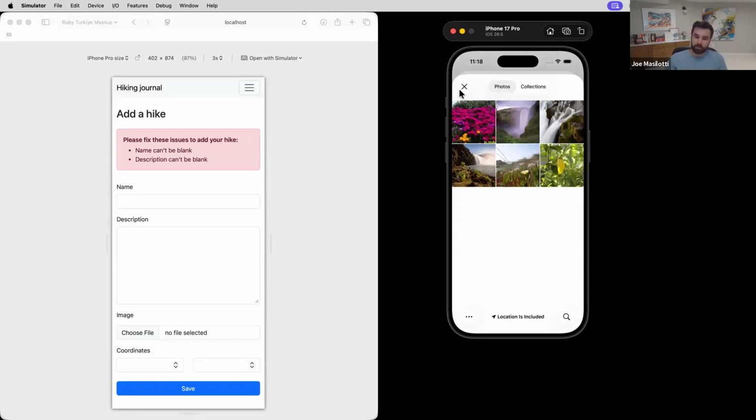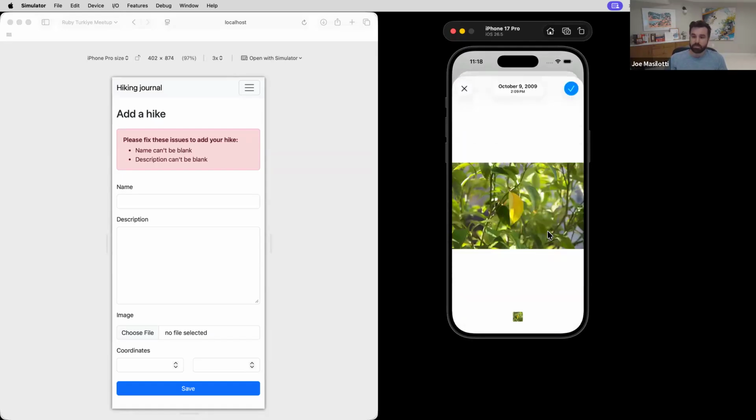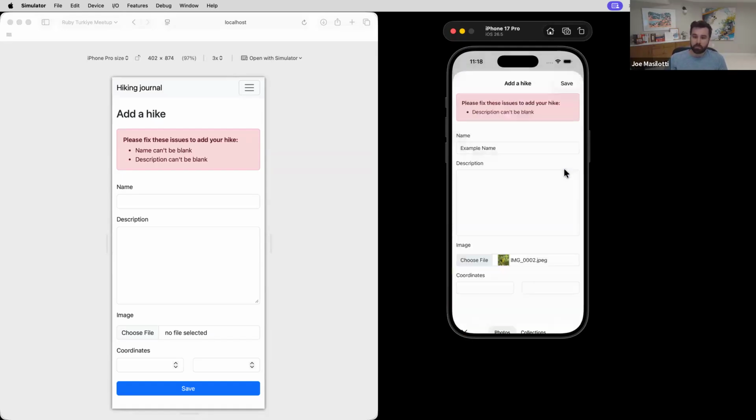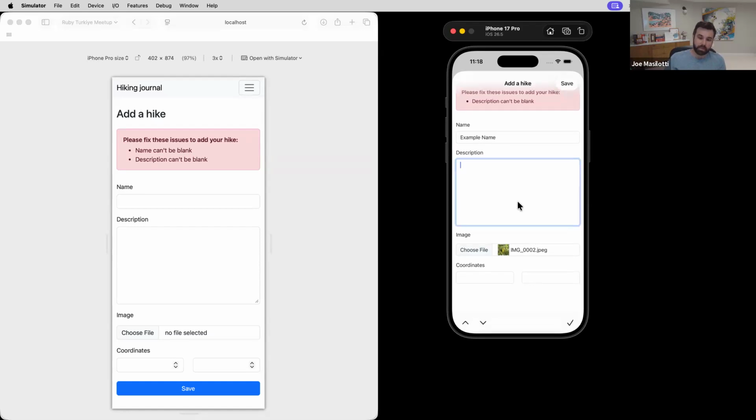This is the native photo picker that comes with iOS. Everyone's used to how this thing works. And then we have that image there as well. That doesn't require any native code outside of an HTML input tag on your server and a single string to say why you need access to that on the device. So again, taking advantage of all the web stuff we can get